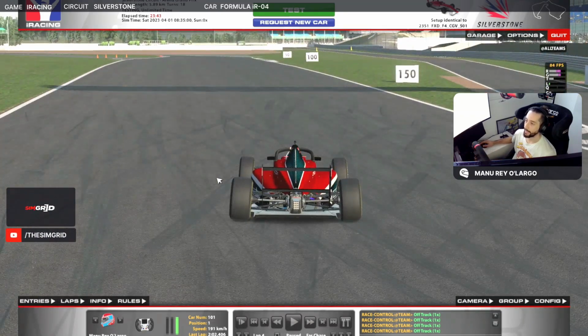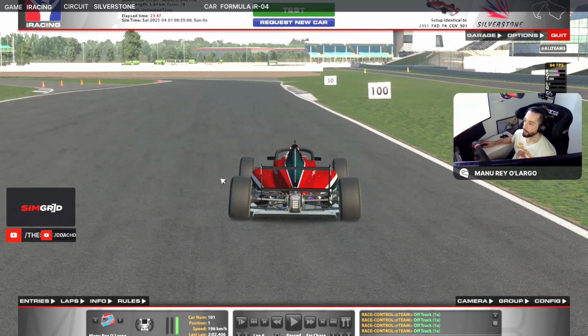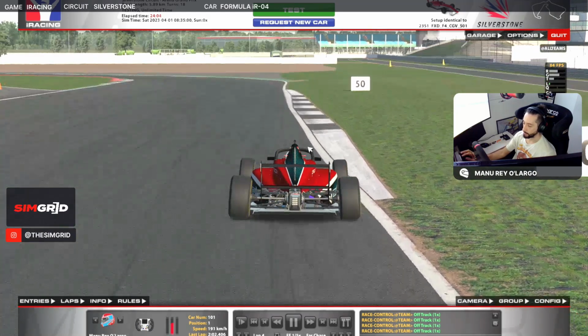And for the last chicane, my braking point is going to be the 100 board here, and it's a tricky corner because it's the hardest braking zone here in Silverstone. You have to brake hard, maybe 90%, and the car is going to be light on the rear and unstable. So you have to be very careful